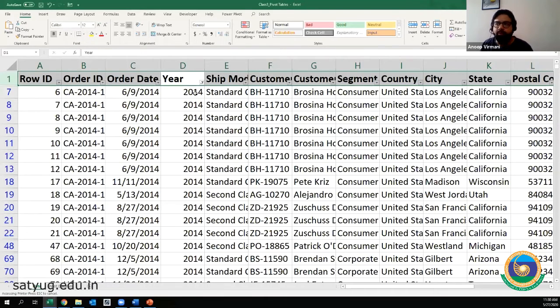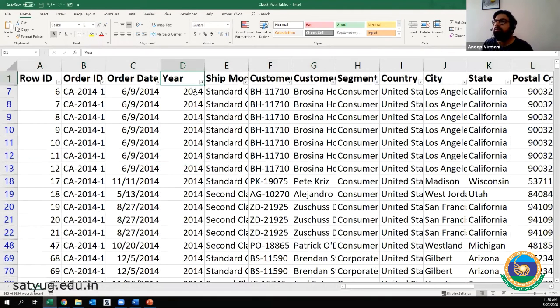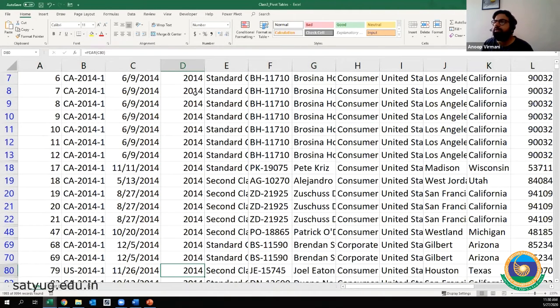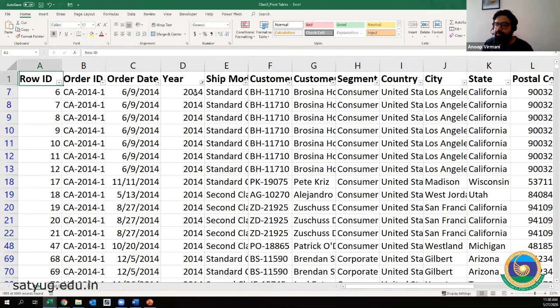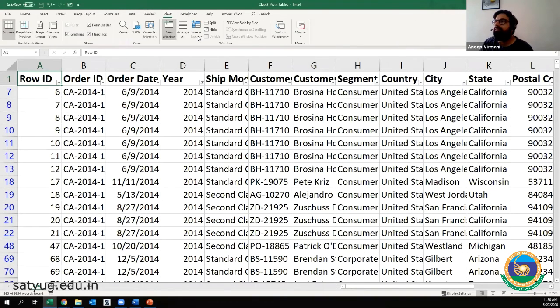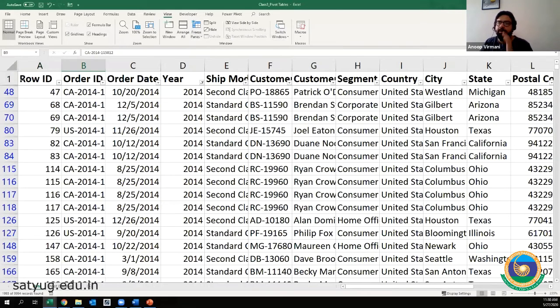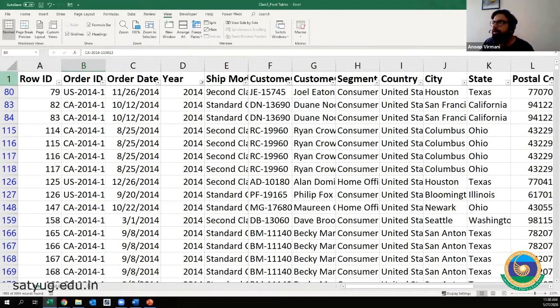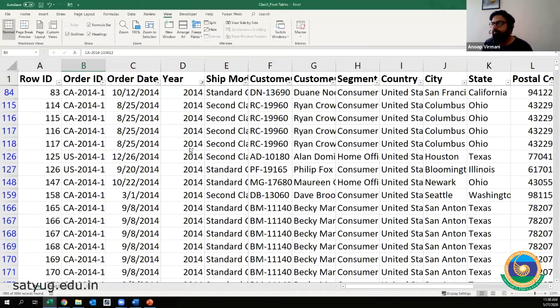So as soon as I'm going down, my headers are also going down, right? As soon as I go to the next row, the headers vanish. But I want the headers to remain. So what do I do? I just go to View. You see here the View option and the Freeze Panes option. And I say freeze the top row for me. So it will freeze the top row. And now you can see a frozen top row and you can go ahead with your data.